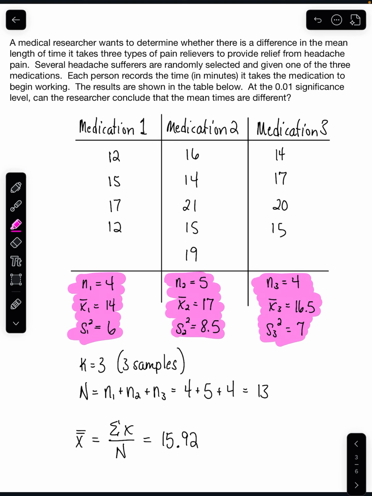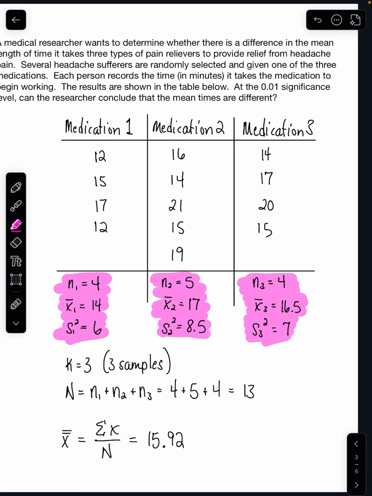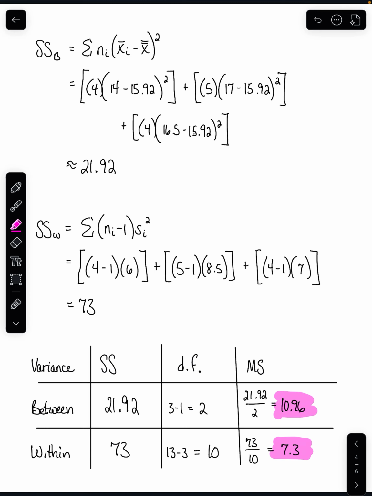Now, admittedly, this can get much more complicated. The more samples we have, the more means we need to calculate, the more variances we need to calculate, the longer it will take to calculate the grand mean, but also everything in here will get longer. We had to do this 3 times, once for each sample. If there were 5 samples or 6 samples, we would have to do it that many times. The same thing down here. So the more samples you get, the bigger this is going to end up being,